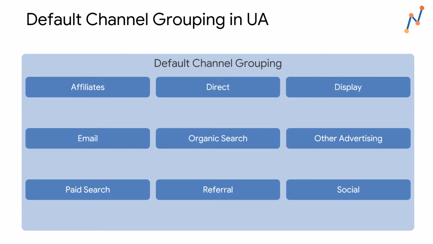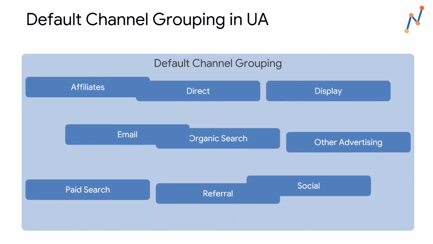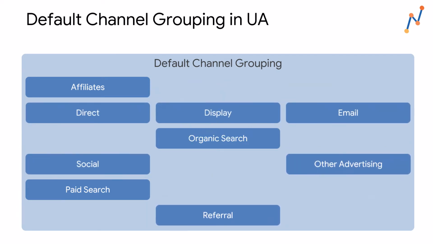This was pretty much sufficient to at least let Universal Analytics assign incoming traffic to a channel. And if you needed to be more granular, you could simply either adjust the corresponding rule set of the default channel grouping, or you could create a completely new channel grouping which was able to satisfy your needs. So now let's look at the default channel grouping in GA4, which has been modified and extended as well